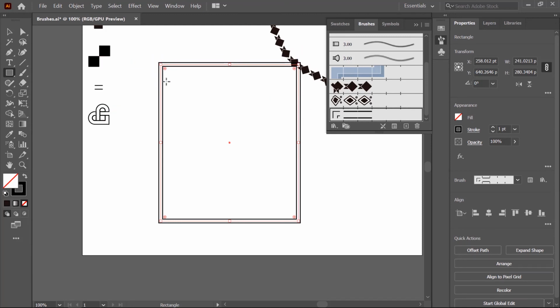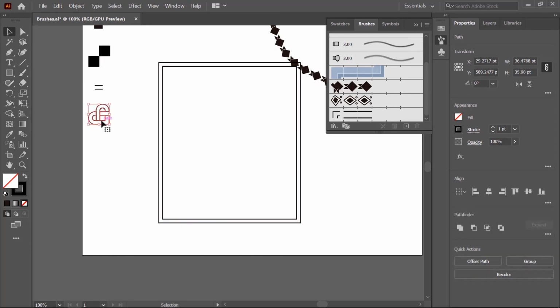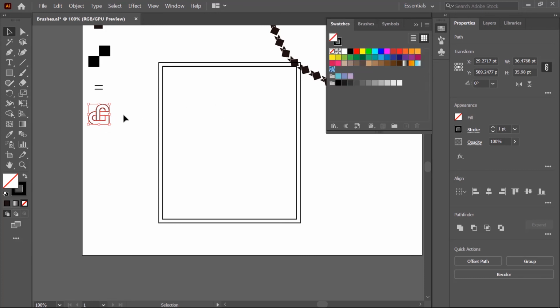In case you want to apply some custom corner on these points, you can do it in a very easy way. First you have to create a pattern by using this shape. So I click on the color swatches and then click and drag this shape into the color swatches. By this method, this shape is converted into a pattern.